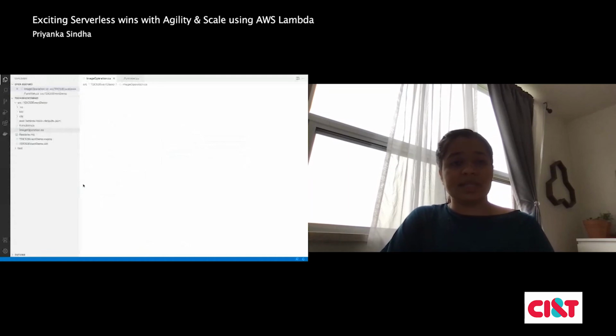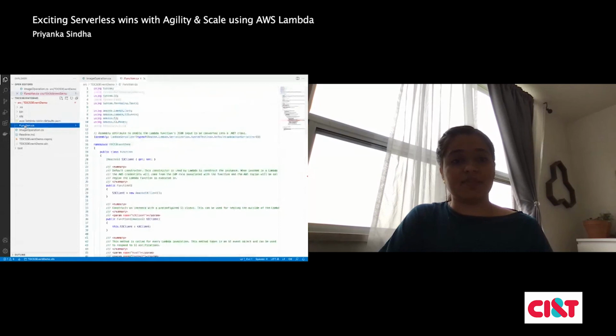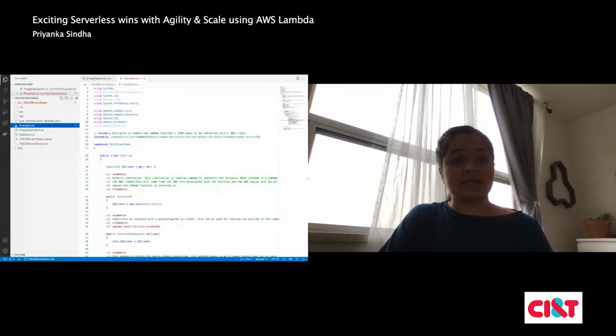So in serverless, there are three major things. It's this for the deployment. So you mention the S3 bucket name, frameworks, configuration, and the same thing. Runtimes, it's here, and the function handlers. Then you will have functions. So for serverless, you will have